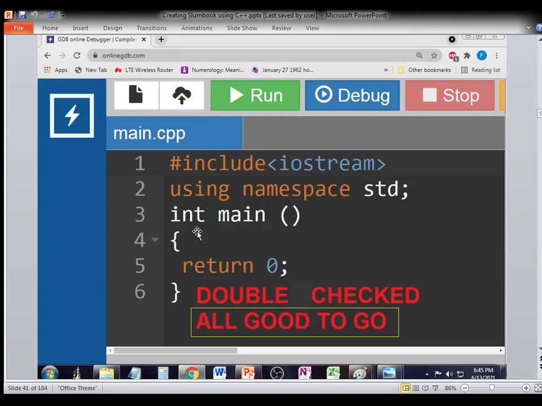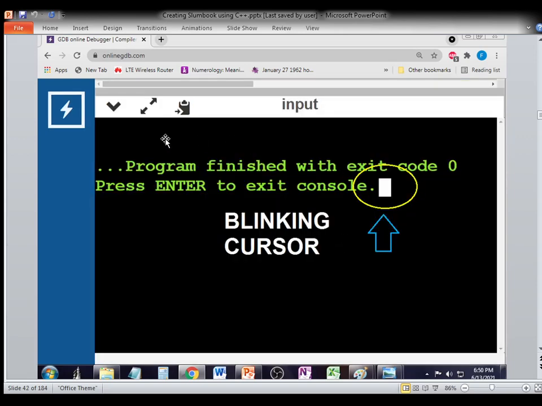If you think that you put these mandatory program codes as a first requirement in the proper places, then you are good to go. And then what you will see is this one: program finished with exit code 0, press enter to exit console, with a blinking cursor. Okay, it means that you did it well. So the next thing that I'm going to